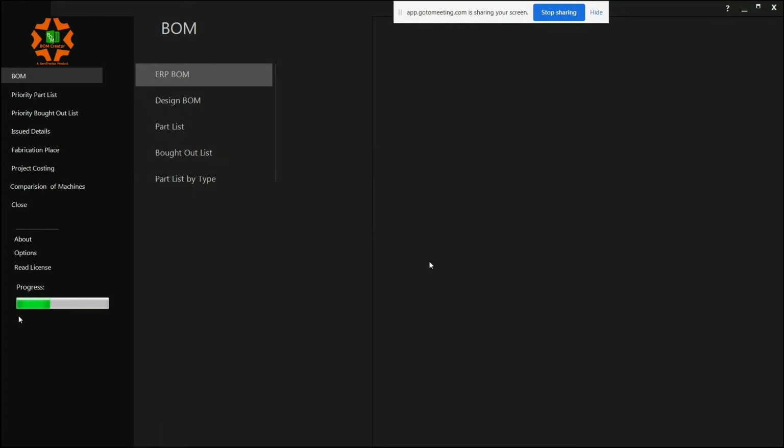For your information, right now all the reports are being created in Microsoft Excel. So you must have a working version of Microsoft Excel on your machine so that you can start creating reports. If your ERP or SAP system accepts CSV or any other format, you can let us know, and that can be customized and given to you.